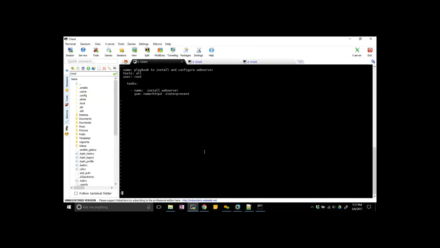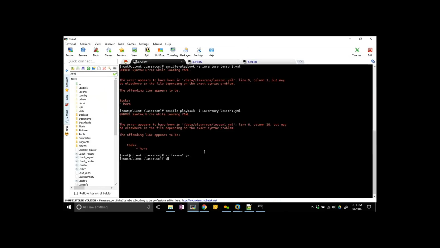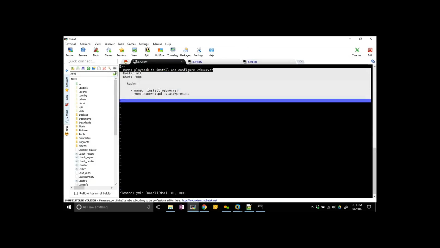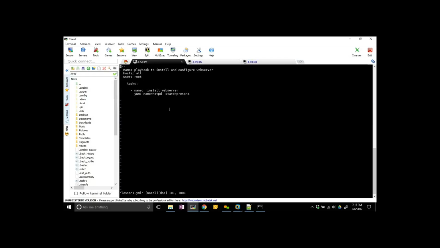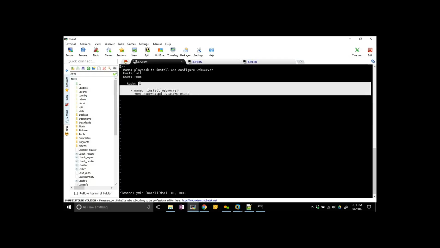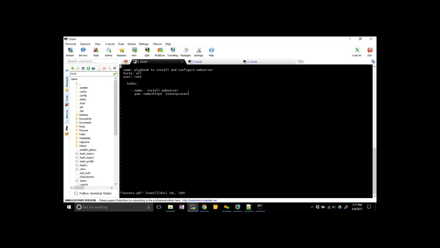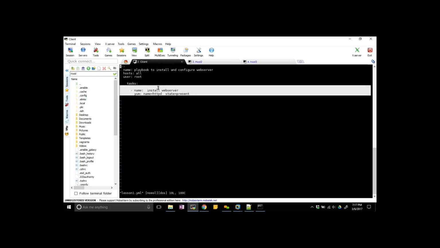Whenever you use a Linux machine, if you give the vi command and open lesson1.yaml, you see everything in plain black and white, and you don't see any syntax errors shown with coloring like red and blue.